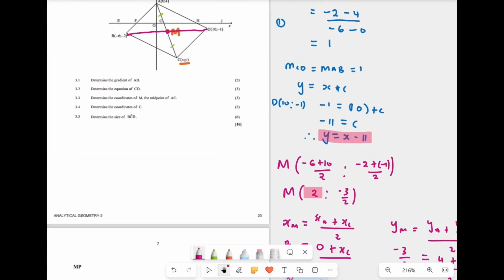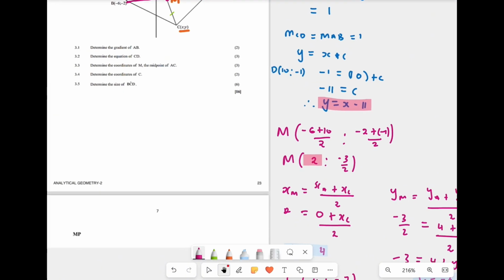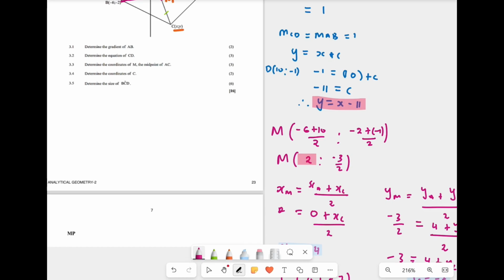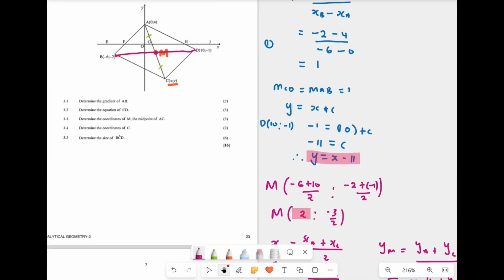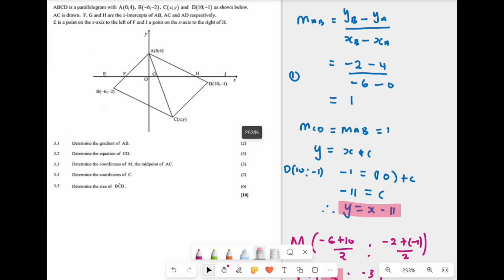Okay, that was number 3. No, it was number 4. So the coordinates of C. And then the last question now, we are required to calculate, we are now required to calculate